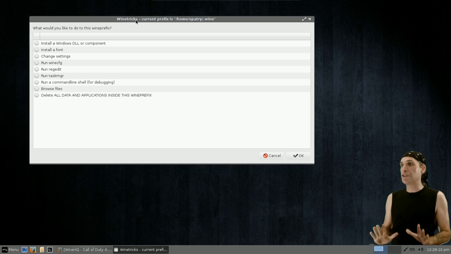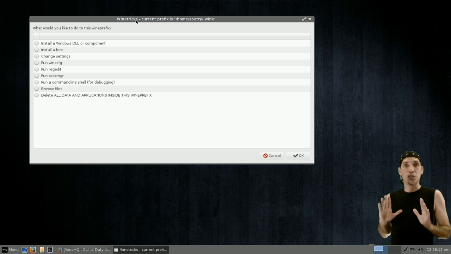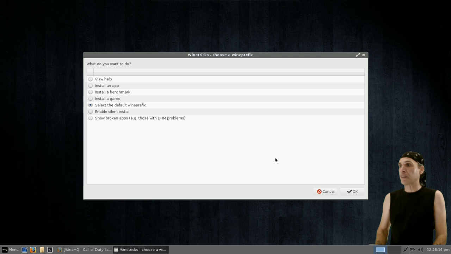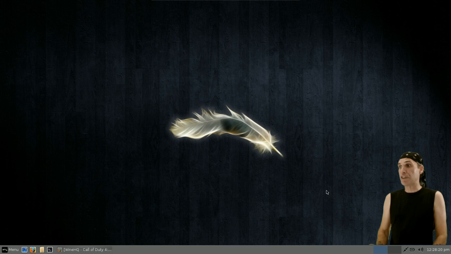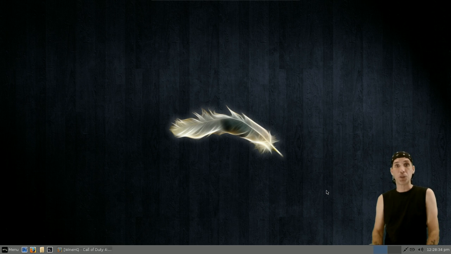At any rate, Wine Tricks is your friend. This will help you get pretty much everything you're going to need for your dependencies to get those programs working. And if it's a Platinum, hey, more power to you, because all you have to do is just run the exe and the Wine loader will automatically pick it up, install the program for you, and that sort